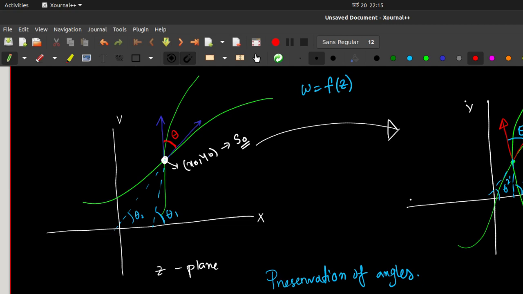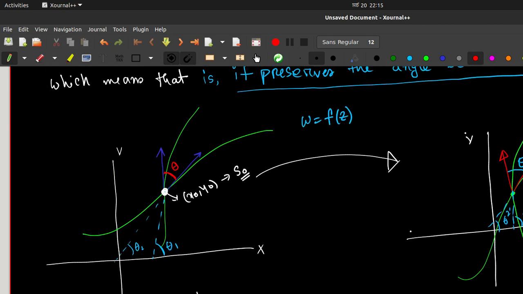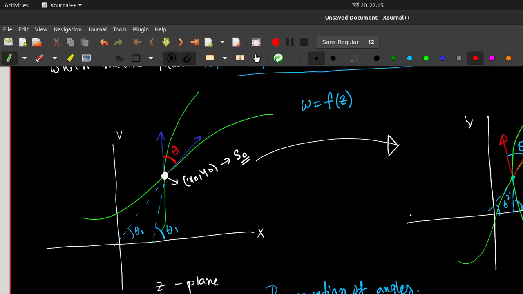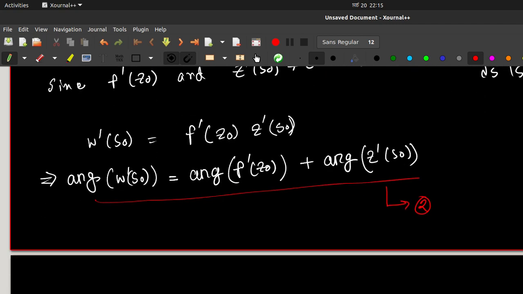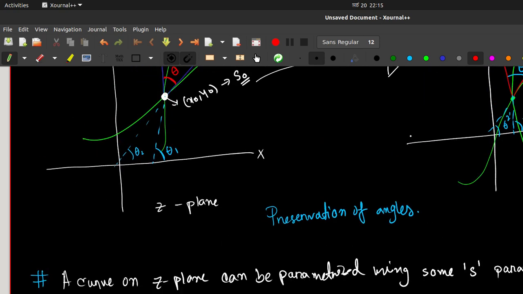So the argument of this w prime is telling you that the angle that this tangent, let's say one of these tangents, made in this W plane is equal to the angle it made with the positive x-axis in the Z plane over here,